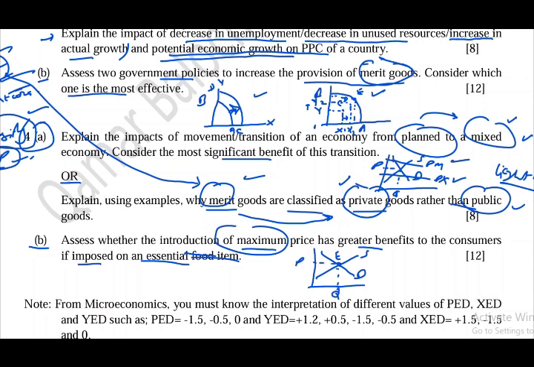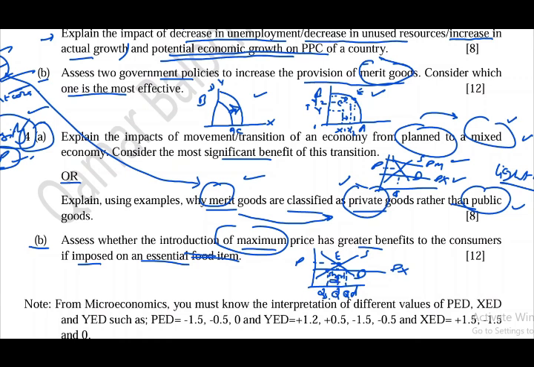And if the government sets a maximum price for food, then that will look like this. So this is price max, P max, and it has resulted in a shortage equal to this much area. So this is the new quantity demanded and this is the new quantity supplied. So the gap between QD and QS is the area of shortage.